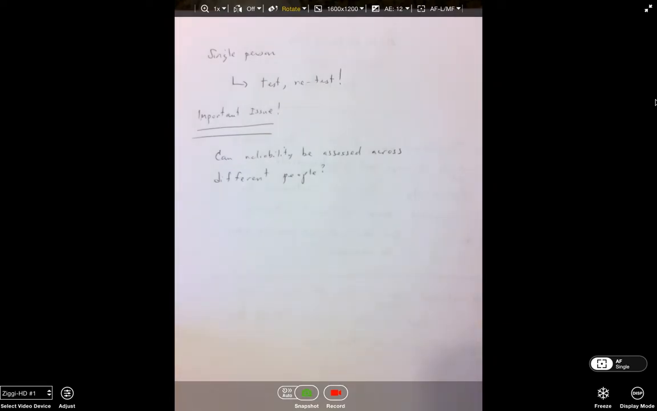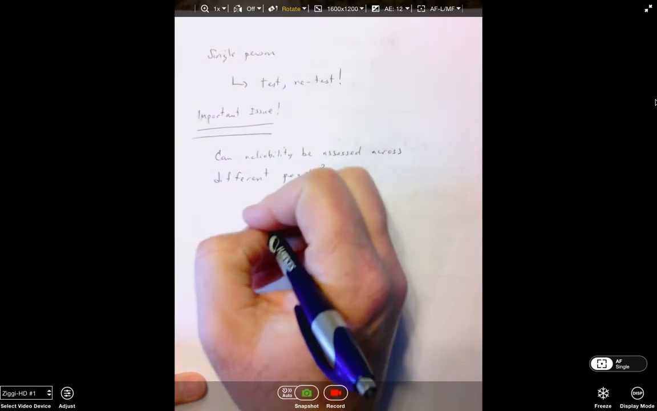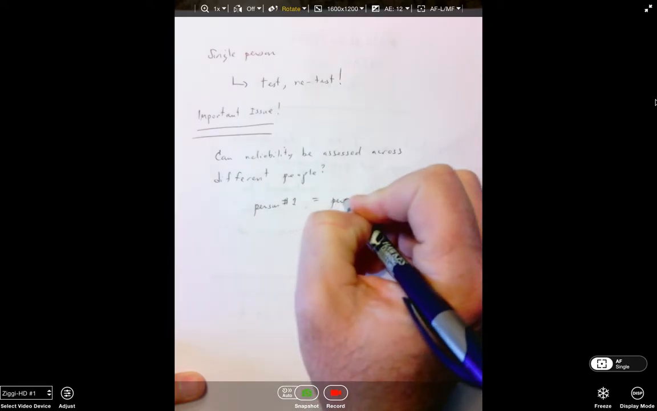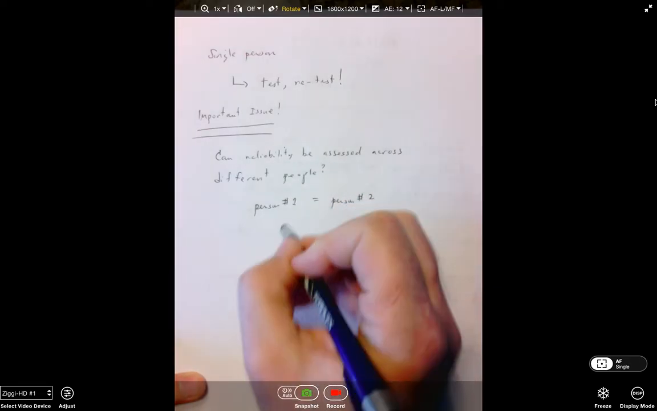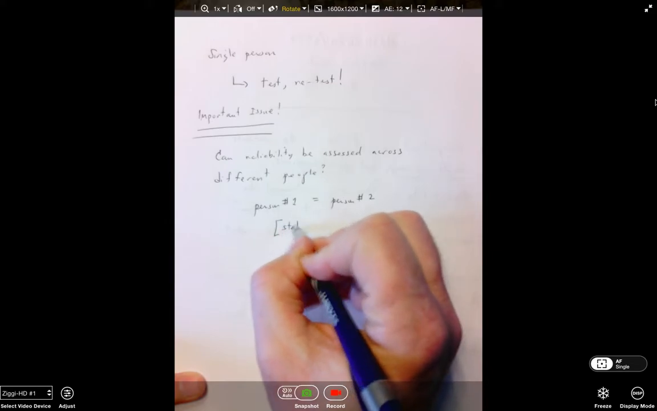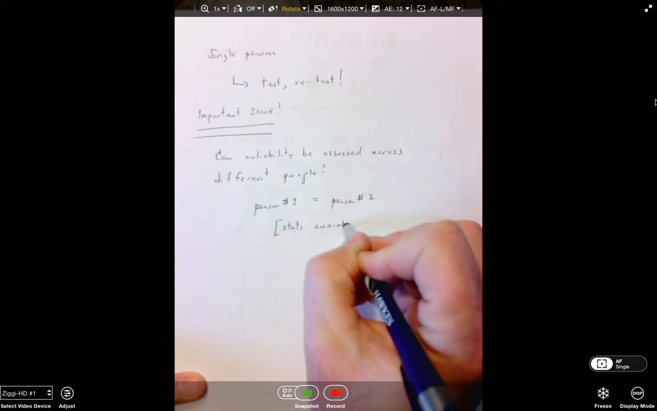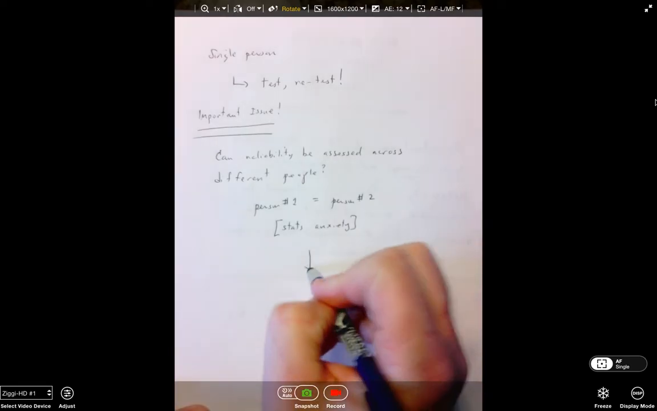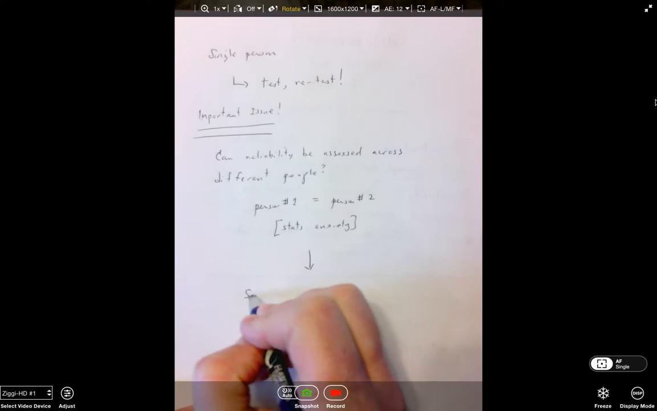And so if we assume that these two people are equal in the construct that's being measured, so let's say that person number 1 is equal to person number 2 in the construct of stats anxiety, then if we have a reliable measure, we're going to expect the test results that we get to be equal over different administrations of a test. Now, the process,